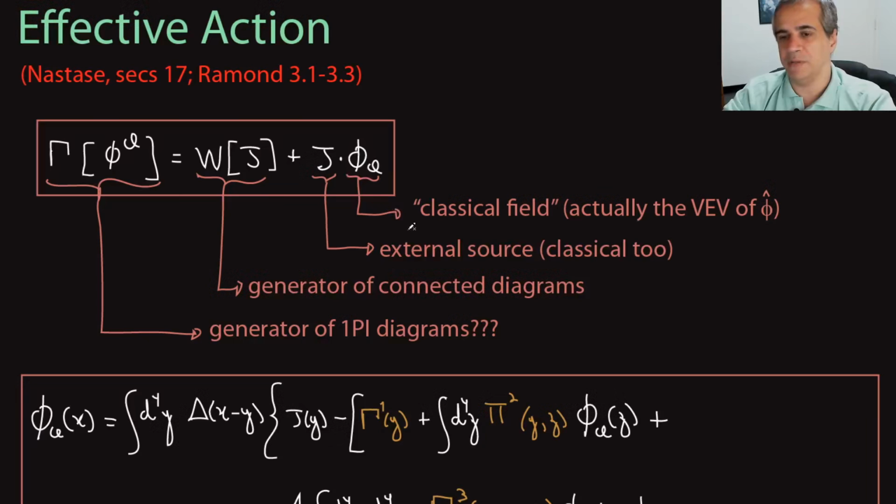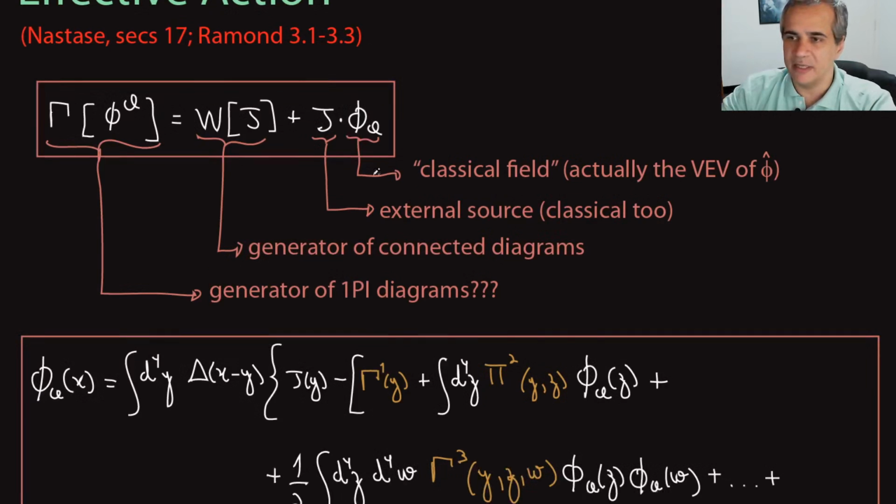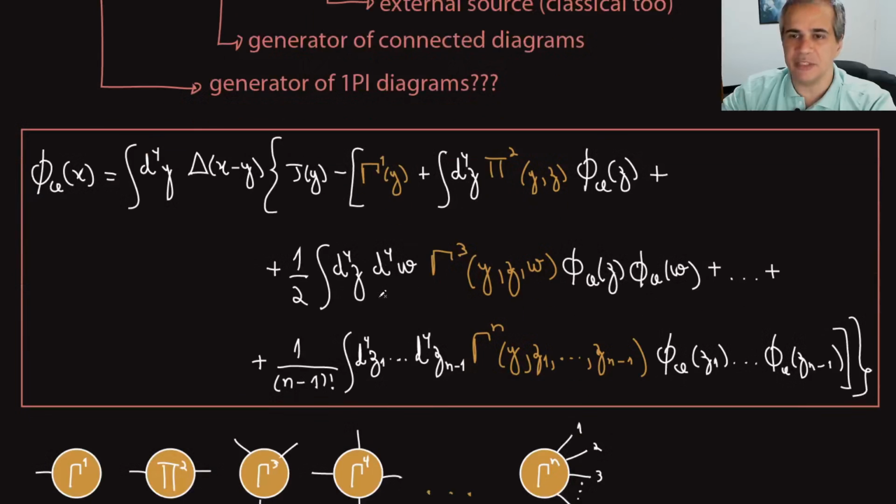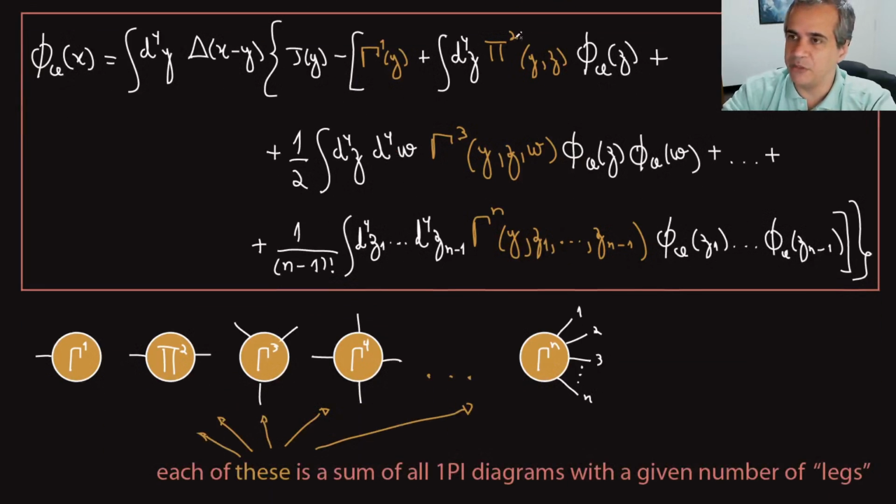Not an operator. And then I went ahead and showed that I can rewrite this as a recursion relation. I wrote this expression for the classical field, which involves the classical field itself. And in the process of writing this recursion relation, I defined these objects, which are the sums themselves of the whole series for 1PI diagrams. So this gamma 1 here, or the pi 2 here, or gamma 3, or gamma n, I just the sum